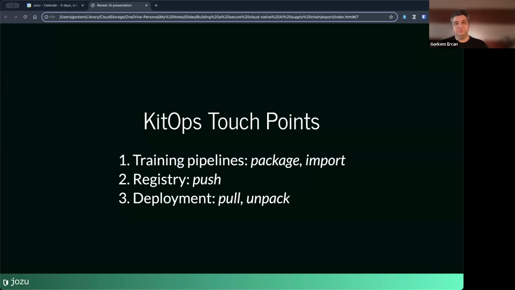And then during deployment, you do a pull or unpack, depending on your use case, to use your models. And during all these touch points, we're going to talk about that a little bit, you can do a little bit of verification and adhere to secure supply chain best practices.